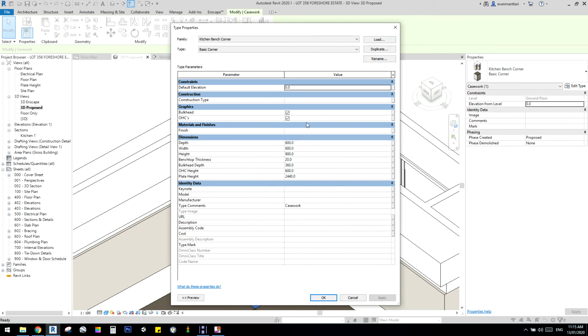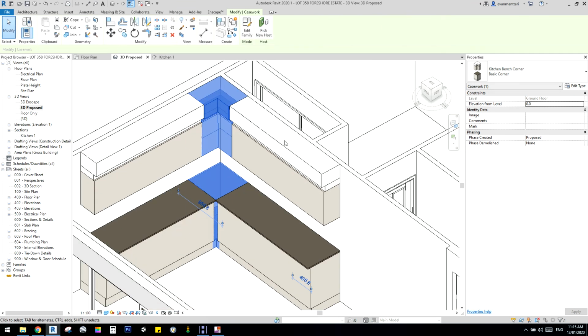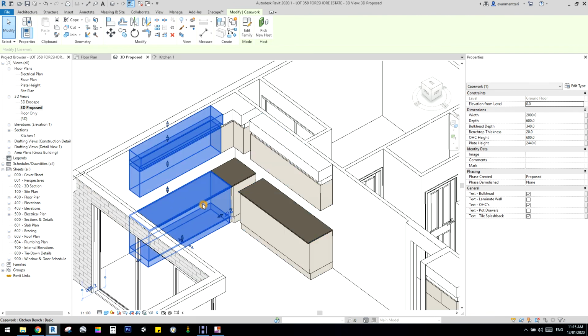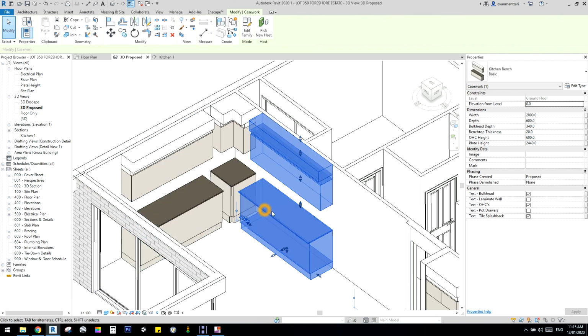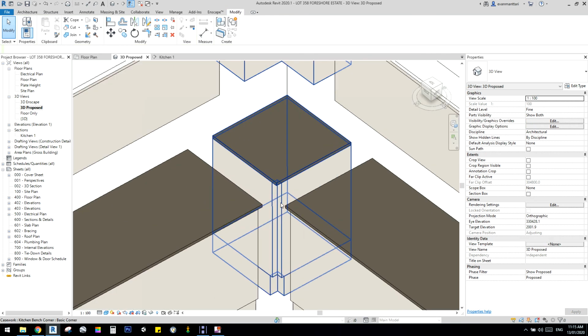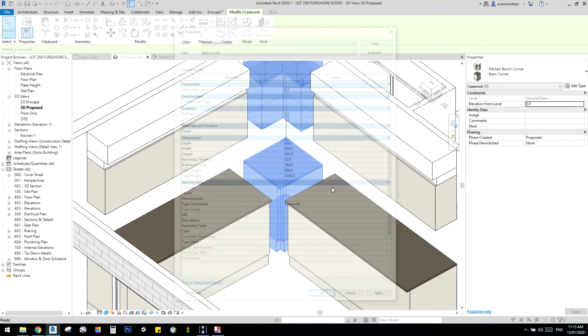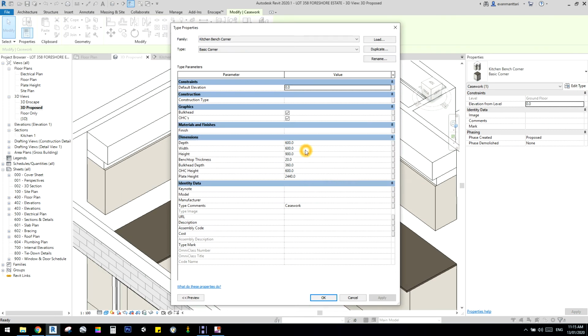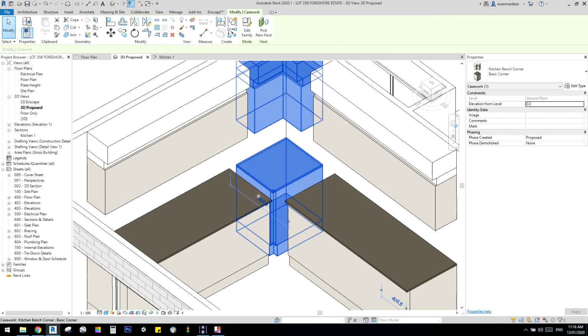But what's important about this corner piece is things that matter, that will always be annoying for us, is sometimes benches are 700. So sometimes bench depths are 700. Wait for it, there we go. What's important is you want this corner piece to do the same thing. And by your magical surprise, when I change the depth from 600 to 700, wait for it,